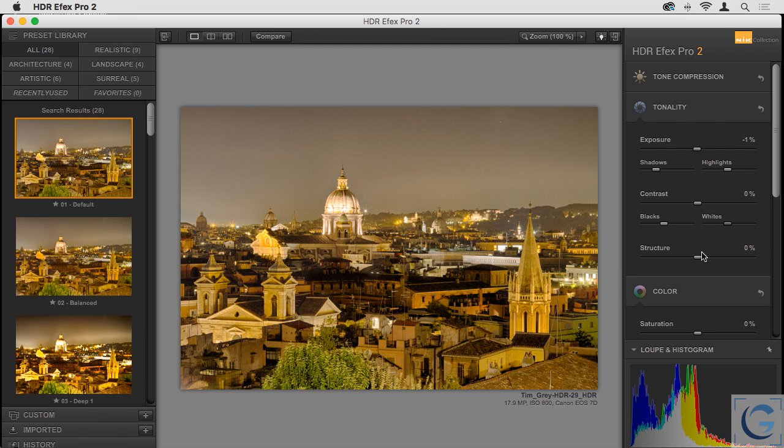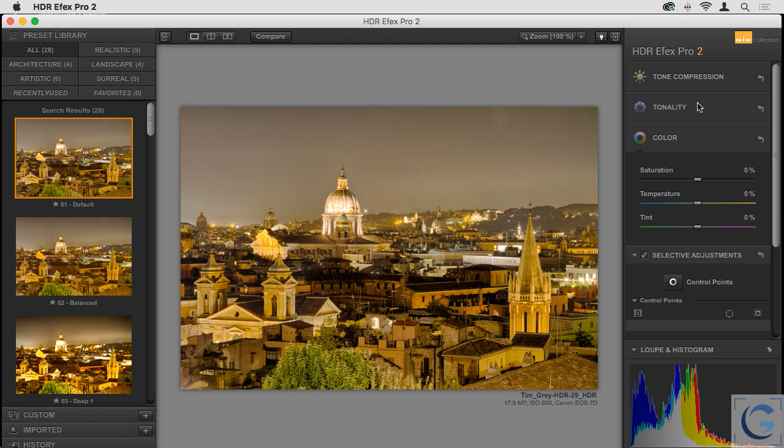And then structure. If you're already using Lightroom or Adobe Camera Raw, you're familiar, I'm sure, with the clarity adjustment. Structure is very similar in many respects to the clarity adjustment. It's a little bit more sophisticated in some ways, perhaps less sophisticated in other ways, but the point is that it's very similar in terms of drawing out more detail or toning down, even making the image look a little bit more ethereal. Here I might increase that value just a little bit to accentuate some of the more subtle details in the image. So that's giving me a pretty good degree of control so far in terms of tonality,